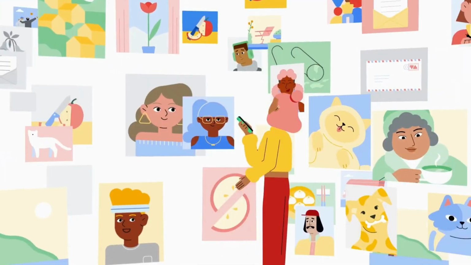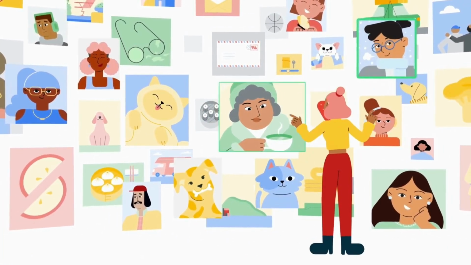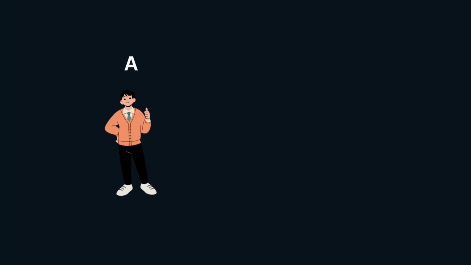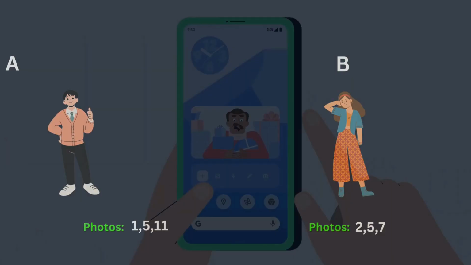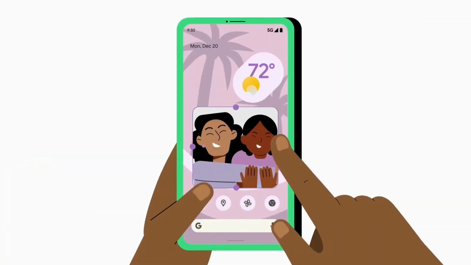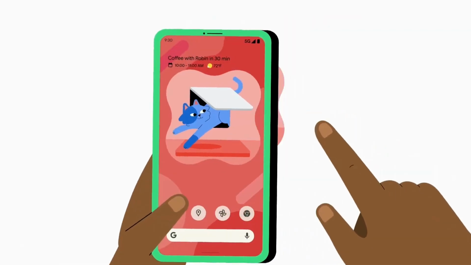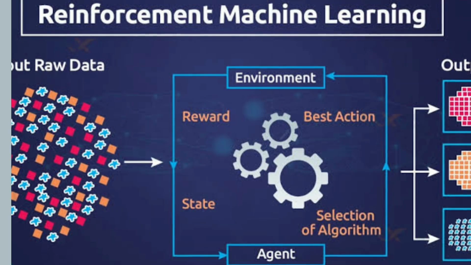Once you upload all the photos that include your family and friends to the service, it automatically recognizes that the same person A shows up in photos 1, 5 and 11 while another person B shows up in photos 2, 5 and 7. This is the unsupervised part of the algorithm, clustering. Now, all that the system needs is for you to tell who these people are. Just one label per person, and it is then able to name everyone in every photo, which is useful for searching photos. This is the supervised part of the algorithm.